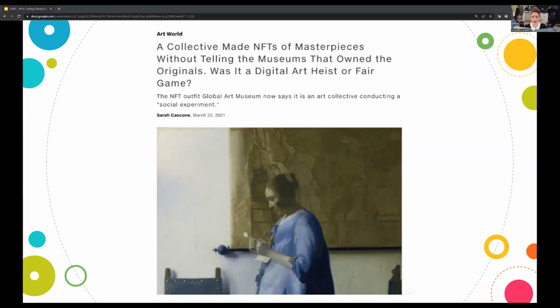These are the types of things when I say there's not a lot of oversight, right, around these areas, and the legal system hasn't really caught up with that. So there's still a lot of work to be done in those types of areas on these platforms.